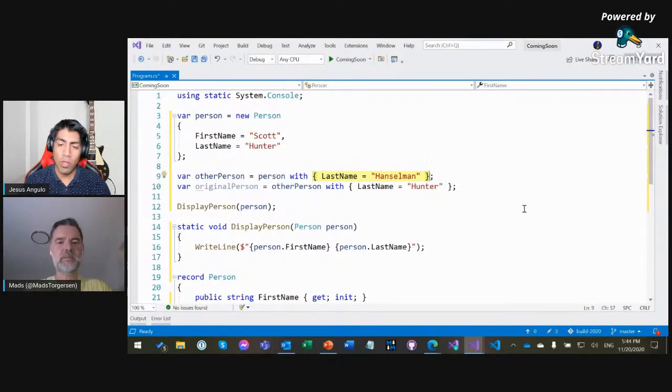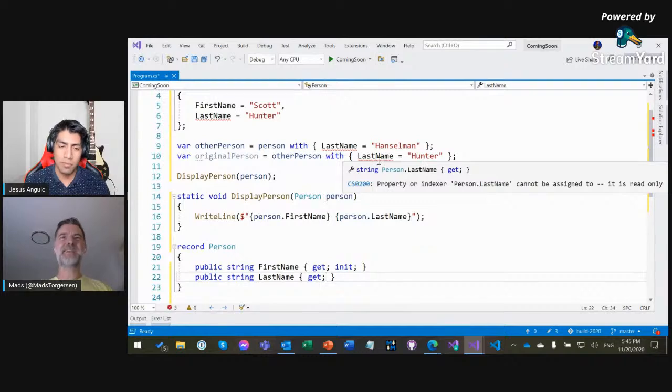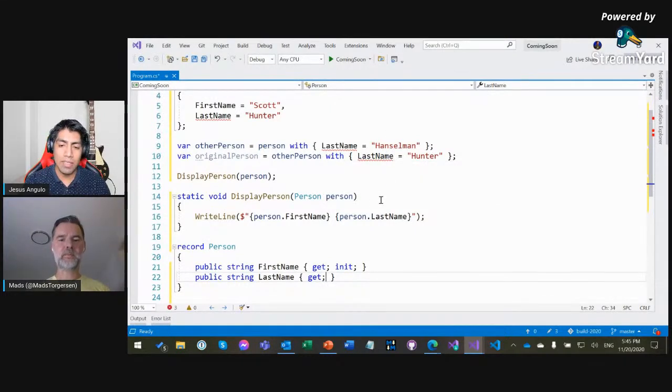Esto nos permite crear nuevos objetos y decirle a C# qué es lo que es diferente al momento de crearlo. And so it actually uses this object initializer uses the init accessor again. You can see if I delete it, I get an error here again because I don't have a way to set it. Esta sintaxis utiliza justamente este init porque usa la misma sintaxis que nosotros usaríamos dentro de la inicialización